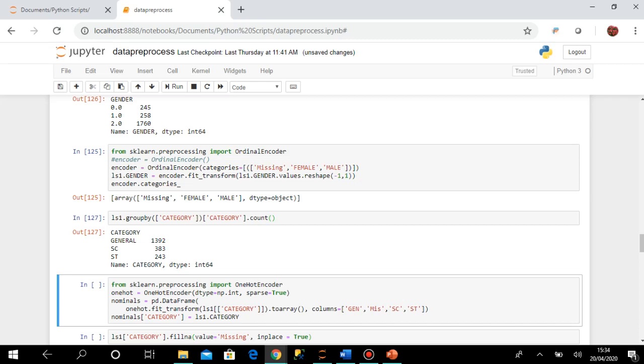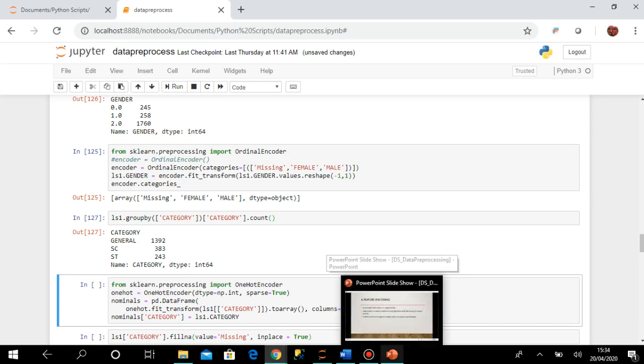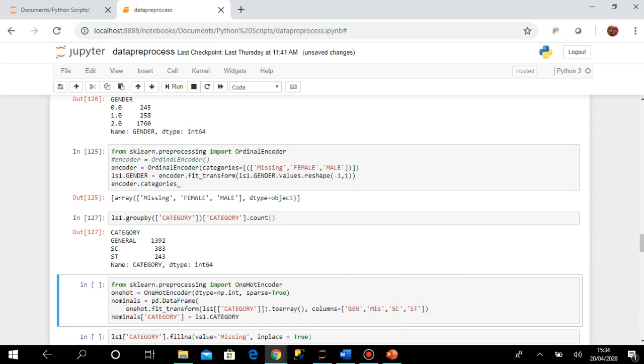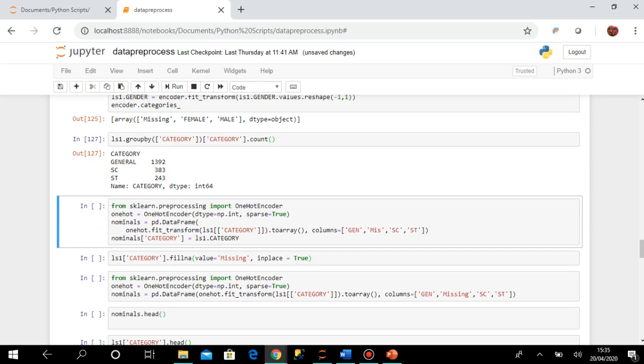I cannot say that this value is higher or this value is lower. For those types of categorical values, that is the nominal attributes, we need a different type of encoder, which in sklearn is called one hot encoder. So for this category column I will use one hot encoder.